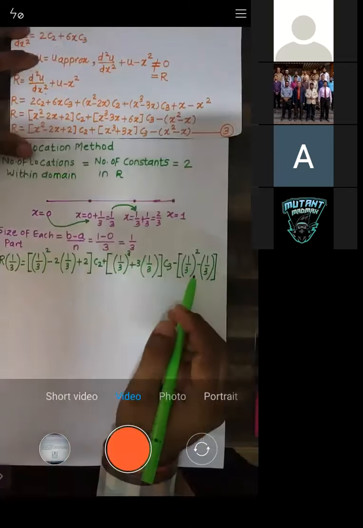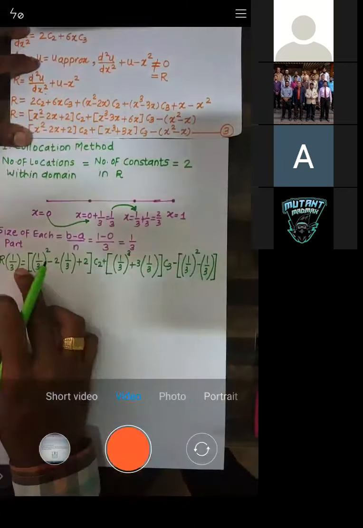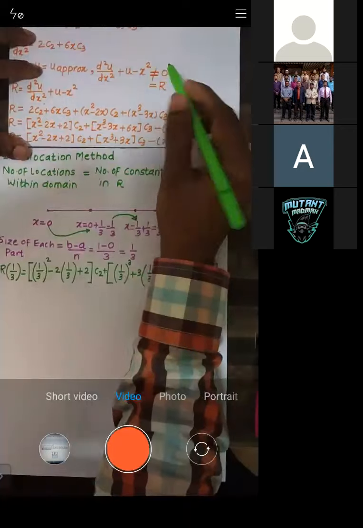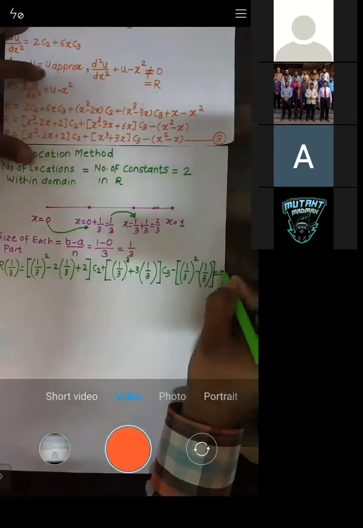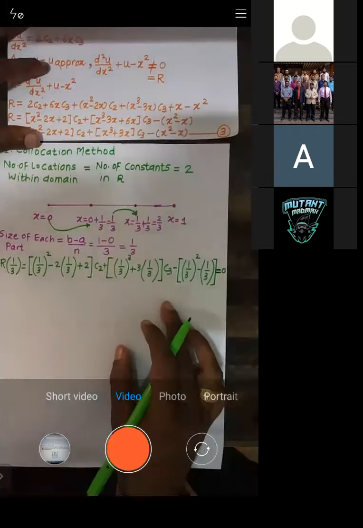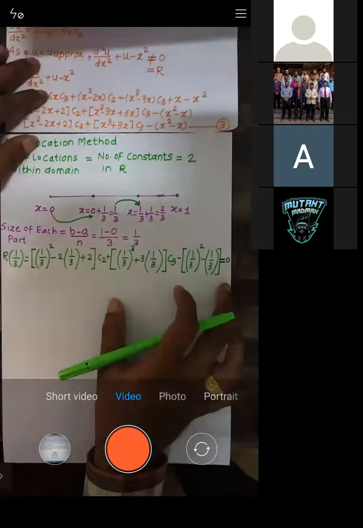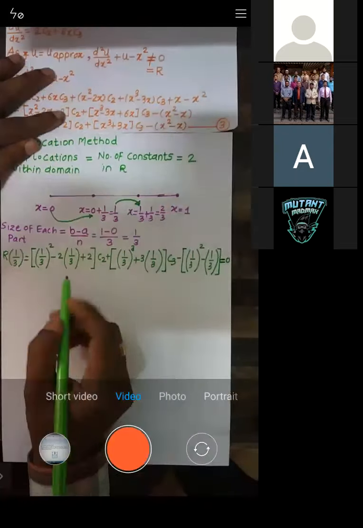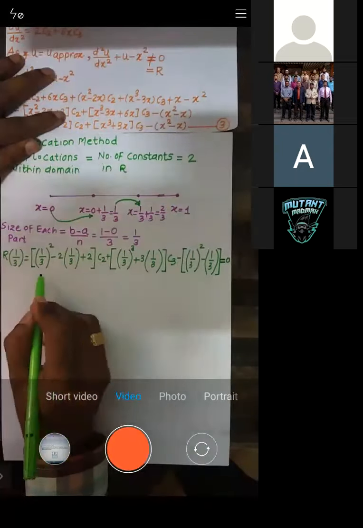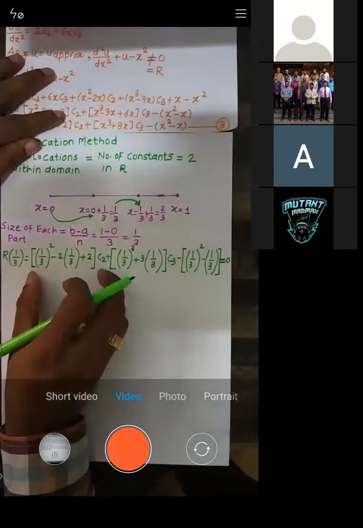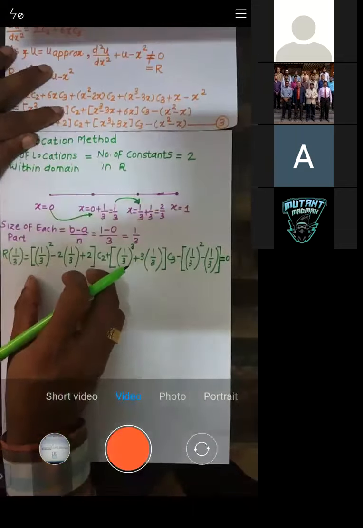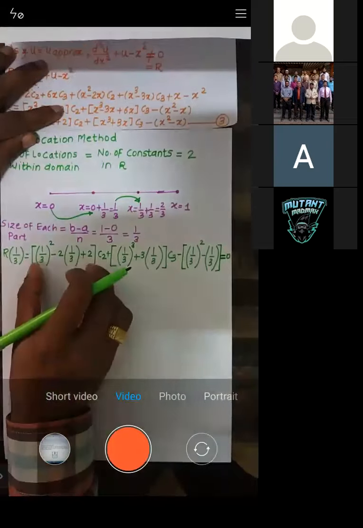Okay, now see what I told you, we want this residue to be equal to 0, right? So I will take its right hand side equal to 0. Is that okay or not? We want this residue, this error, we want that to be equal to 0. Okay, now see, just let me know what values you are getting for this one. What is this term coming? Just do the calculation and let me know how much this term is coming.